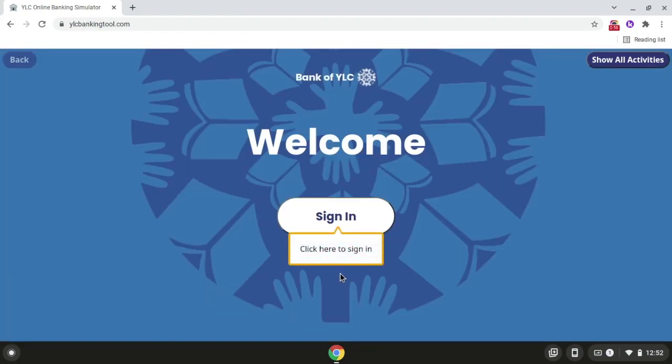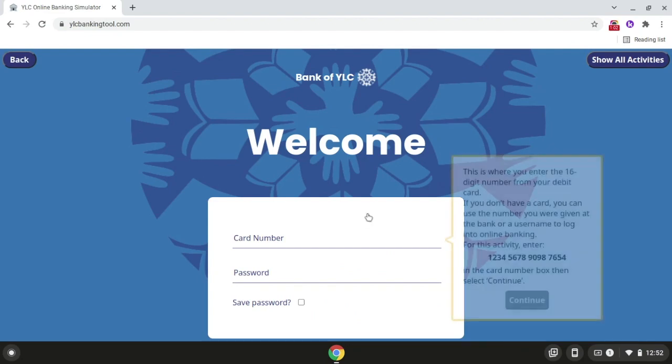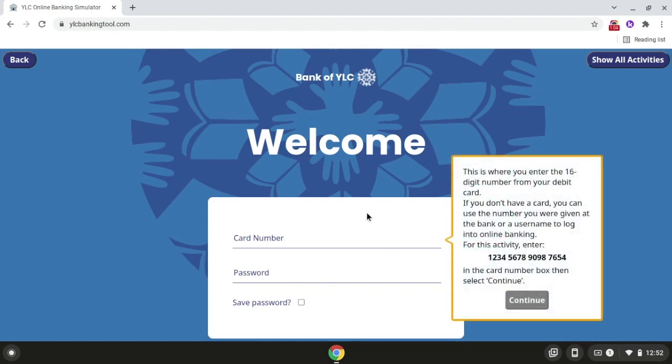Okay, so first we're going to click the Sign In button. Next, we need to enter the 16-digit number from the debit card. So for this activity, the 16-digit number from the debit card is